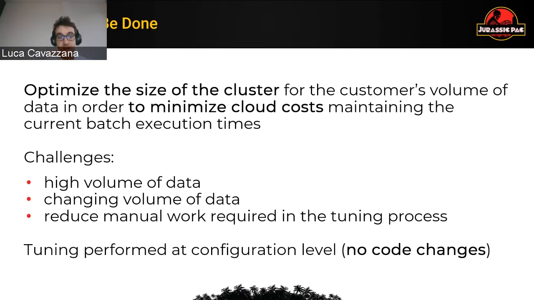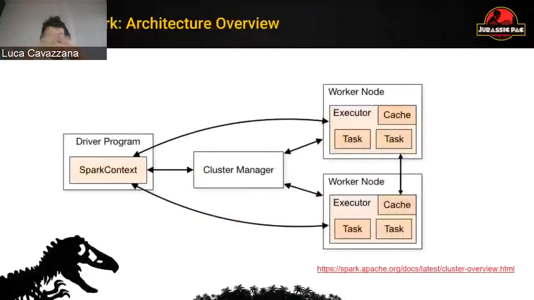With the next slide, we want to give you, first of all, a quick overview of what Apache Spark is, since some of the performance people here might not be familiar with this specific framework. Apache Spark is an open source distributed computing framework for big data processing. Its core concept is based on splitting the data into different partitions and distributing it on the cluster, and then having